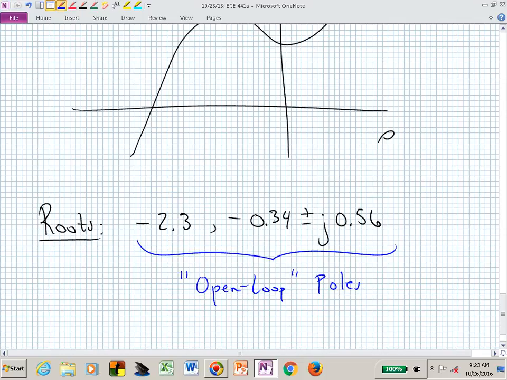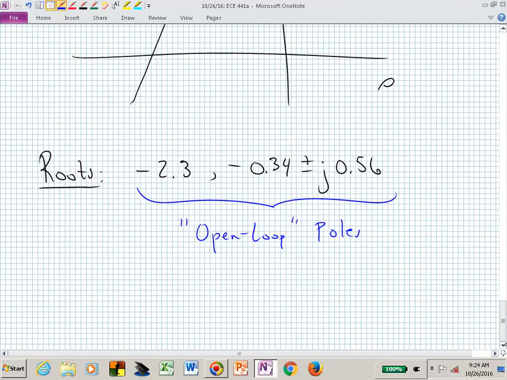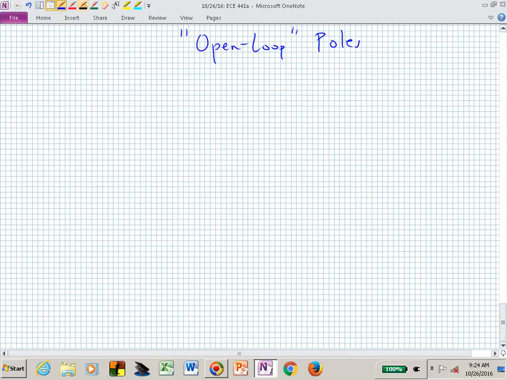You could use your calculator to find the roots. If you had a fancier calculator, you could do complex zeros, and it will find those 3 values. If you don't, then maybe you sketch this and you go, oh, I have one real, which you would expect. If you have 3 roots, you can't have a pair of complex dividing 3, only one pair of complex. And so that's what we have, and we can now plot those